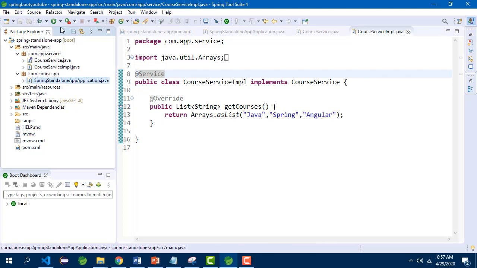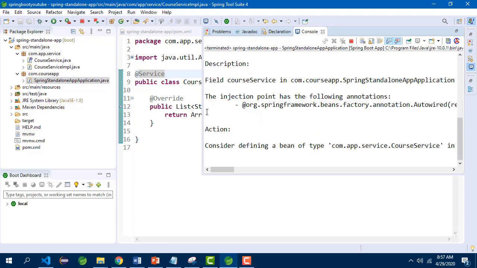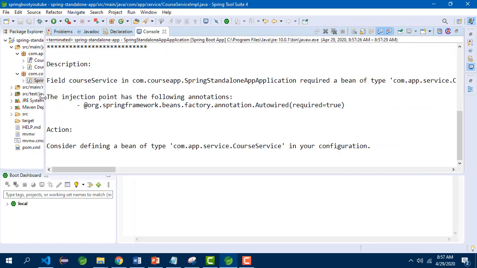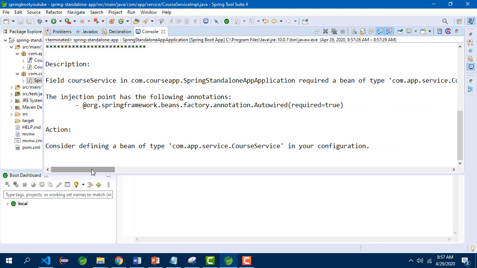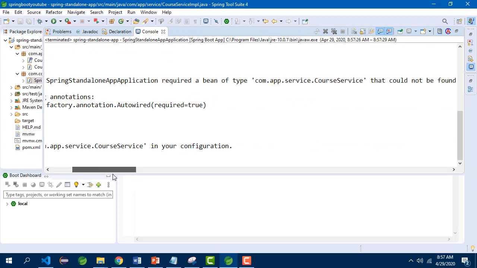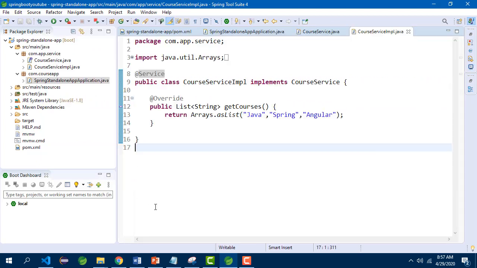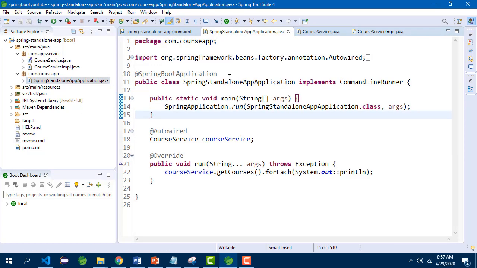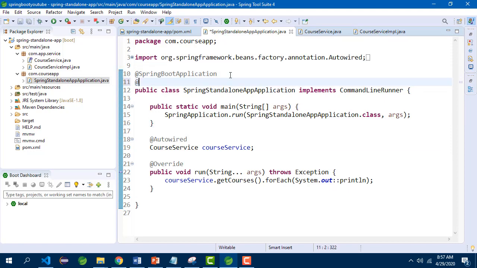Now let us try running this application first. So here you can see I am getting an error saying that you need to define a bean of CourseService in your configuration, because the IOC container cannot identify this particular class. So what we can do is, either you can change the package structure or add @ComponentScan, within which you can just give the root package name as com.